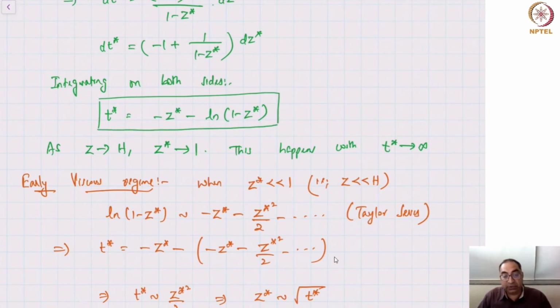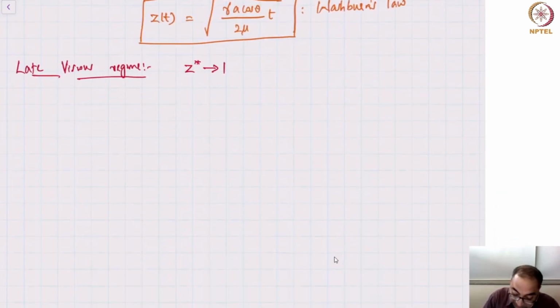Now when Z star approaches 1, T becomes very large, is something that we have seen. Now if you look at the two terms on the right hand side, what are the two terms that we have? We have minus Z star and we have a logarithmic term. The logarithm term becomes very large compared to Z star, and therefore this equation approximately becomes